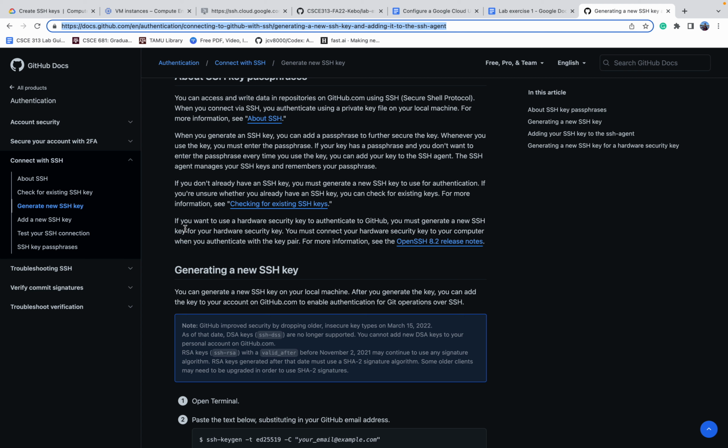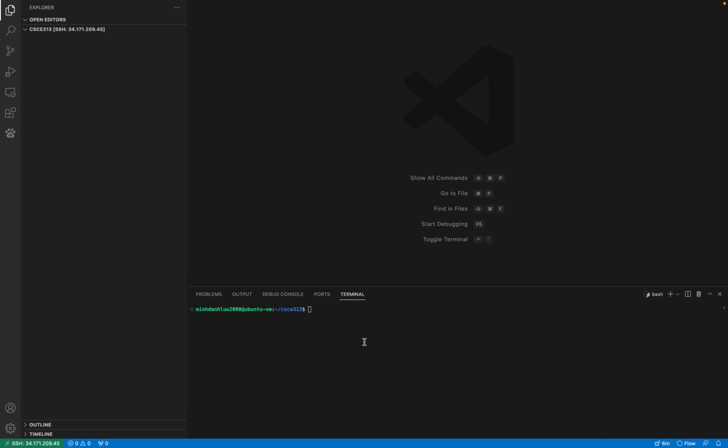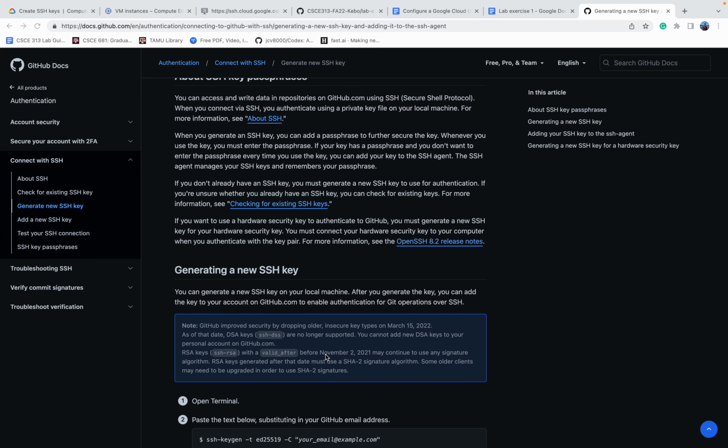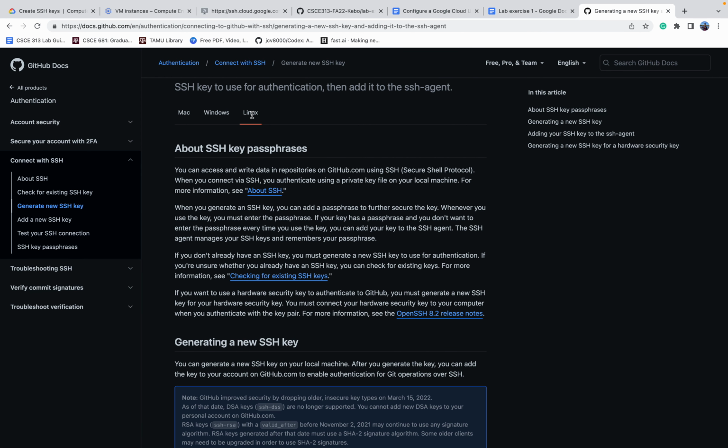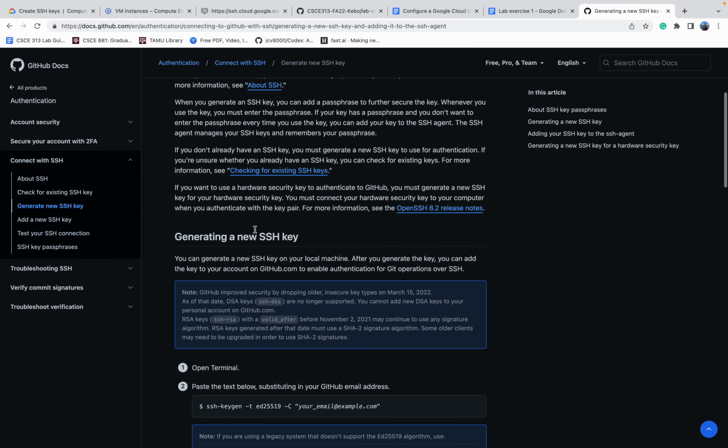This is completely different from the SSH key that you generated to connect to your instance. This is the SSH key that you would generate within the instance itself. So this terminal right here is the instance, so we will generate the SSH key here. Click on Linux right here because everyone is Linux now, and then scroll